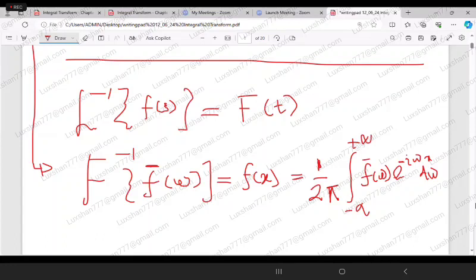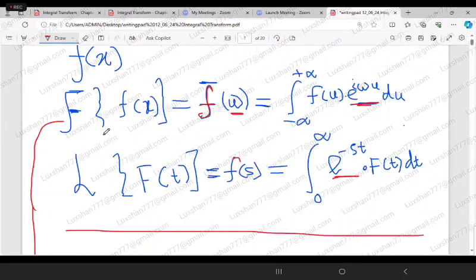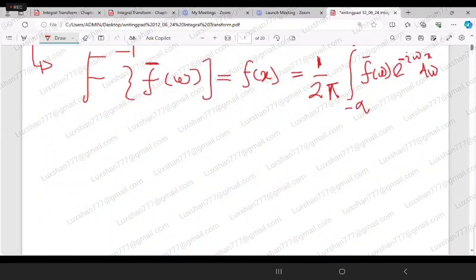So here actually in Laplace transform we don't have such a formula. We don't have such a formula. Actually we are defining this Laplace transform from the Fourier complex integral. Okay, so if you are given a function, here possibly you will get a question like this one. So for a given function,